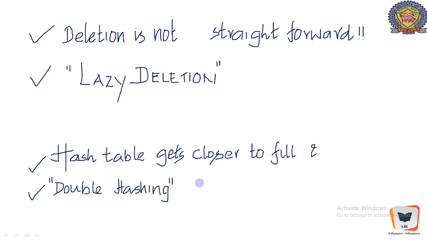These are some of the disadvantages associated with closed hashing, unlike open hashing. With open hashing, there are no problems because each and every cell holds a linked list which is as lengthy as the keys that are accommodated in each cell. Here, the very important difference between closed hashing and open hashing is that in closed hashing, only one key is to be inserted in a cell.